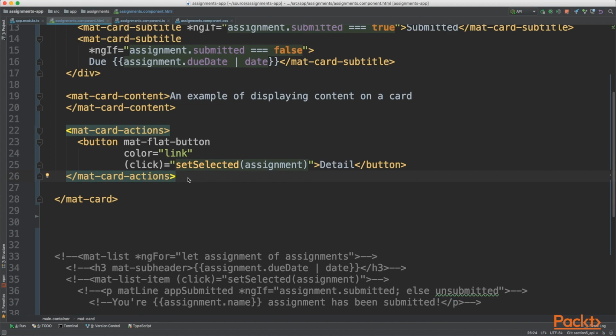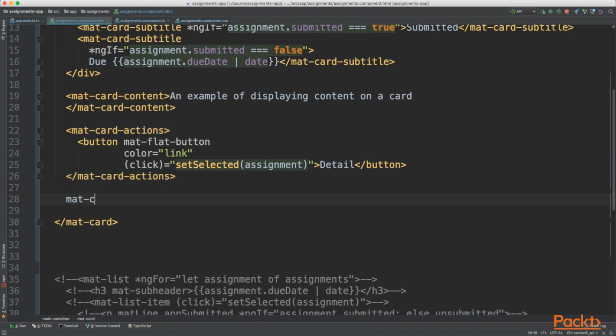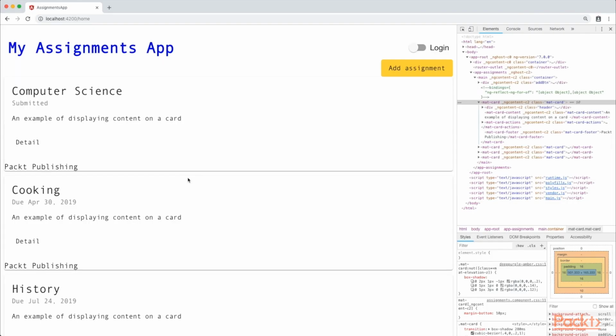Okay. Another thing you can add to a card is a footer. And what this will do is anchor a piece of text right to the bottom of the card. So let's add that as well. mat-card-footer. And we'll simply say Packt Publishing. So let's go and see if we've got our content, our actions, and our footer. So you can see here we have our mat-card-content, and then we have our details button. Now we made that very plain. It could be a very jazzy button if you like, whatever you like to do. Then we also have our footer, which is aligned right to the bottom left. So in this video, we've learned about what cards are in Material,